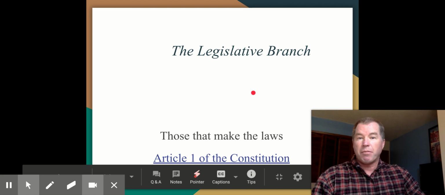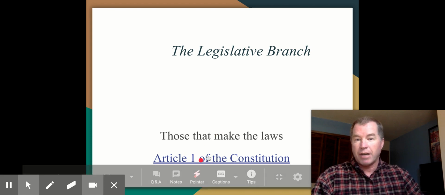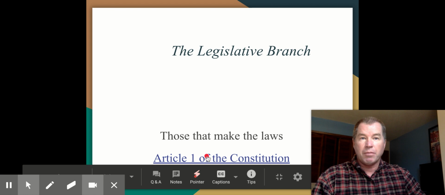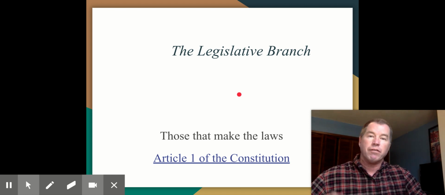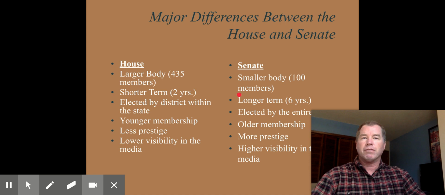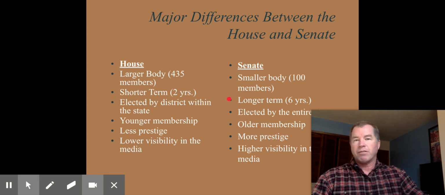All right. So legislative branch makes the laws. There's a link here. I'll provide you with this. There's a link here about the Constitution itself, and you can read it, and we will have you do something else along the way that deals with that. But for now, we're just going to give a relatively broad overview of the legislative branch. So first of all,